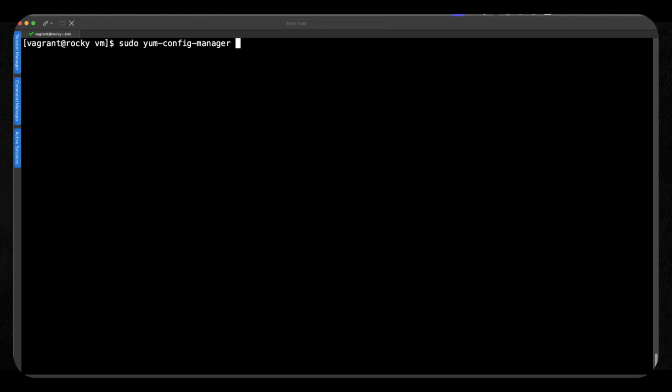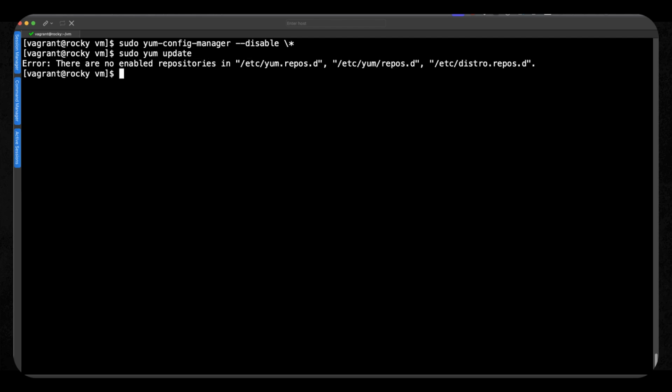And then the options that I want to provide for this is to make sure then that I can use --disable. I can disable a repository by name, but I can use the asterisk to go through and disable everything, but just escape it so it's not picked up by the bash shell. We can then do our yum update, and we can see then that we do not have any repositories. So I can't install software or update software. So we've now got into our correct immutable state.